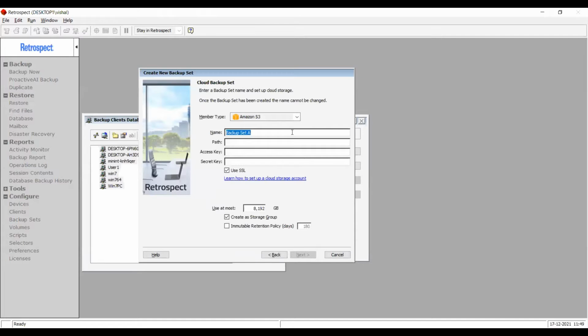But the overview is that while you are setting up your account, you can turn on this option, immutable retention policy, and then specify the number of days that you want to keep that data protected. How it works is that when you turn on the immutable retention policy, then whatever data is saved is locked, and it will not be changed. It is impossible to change or delete that data for that certain period, whatever you mention.